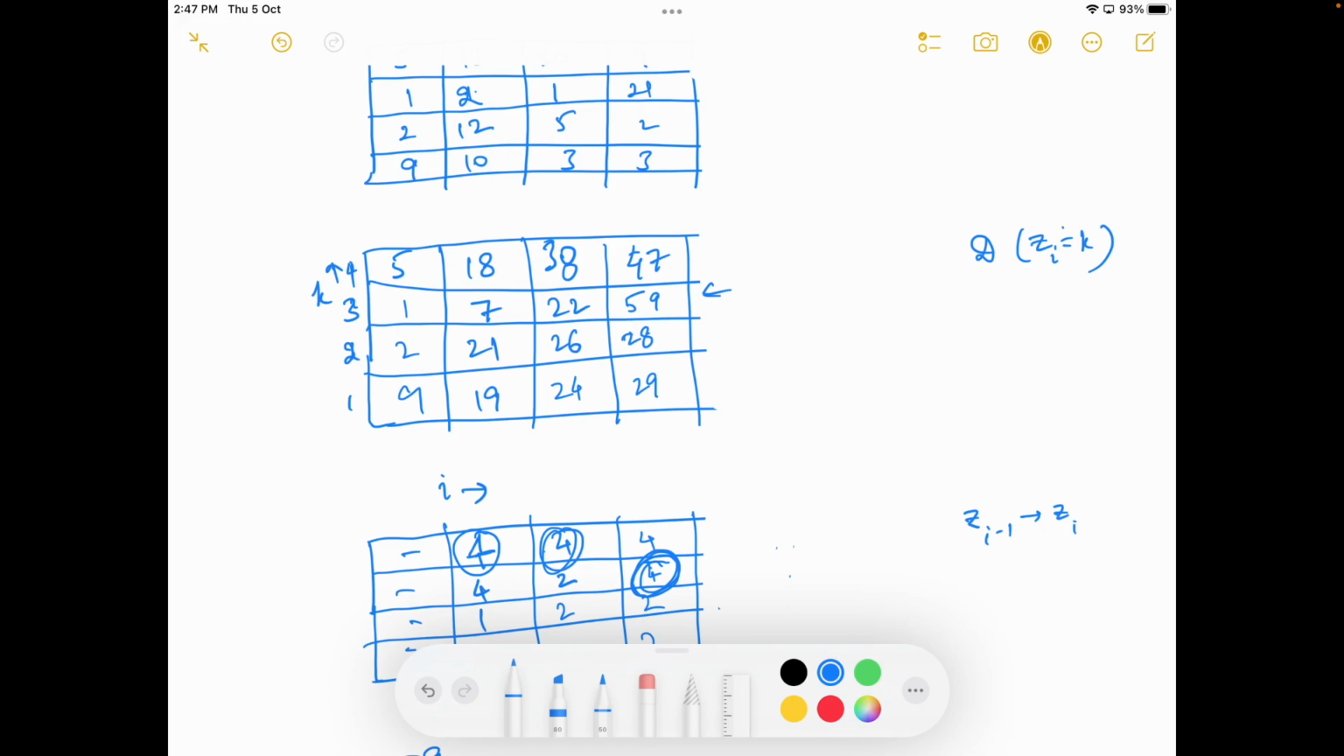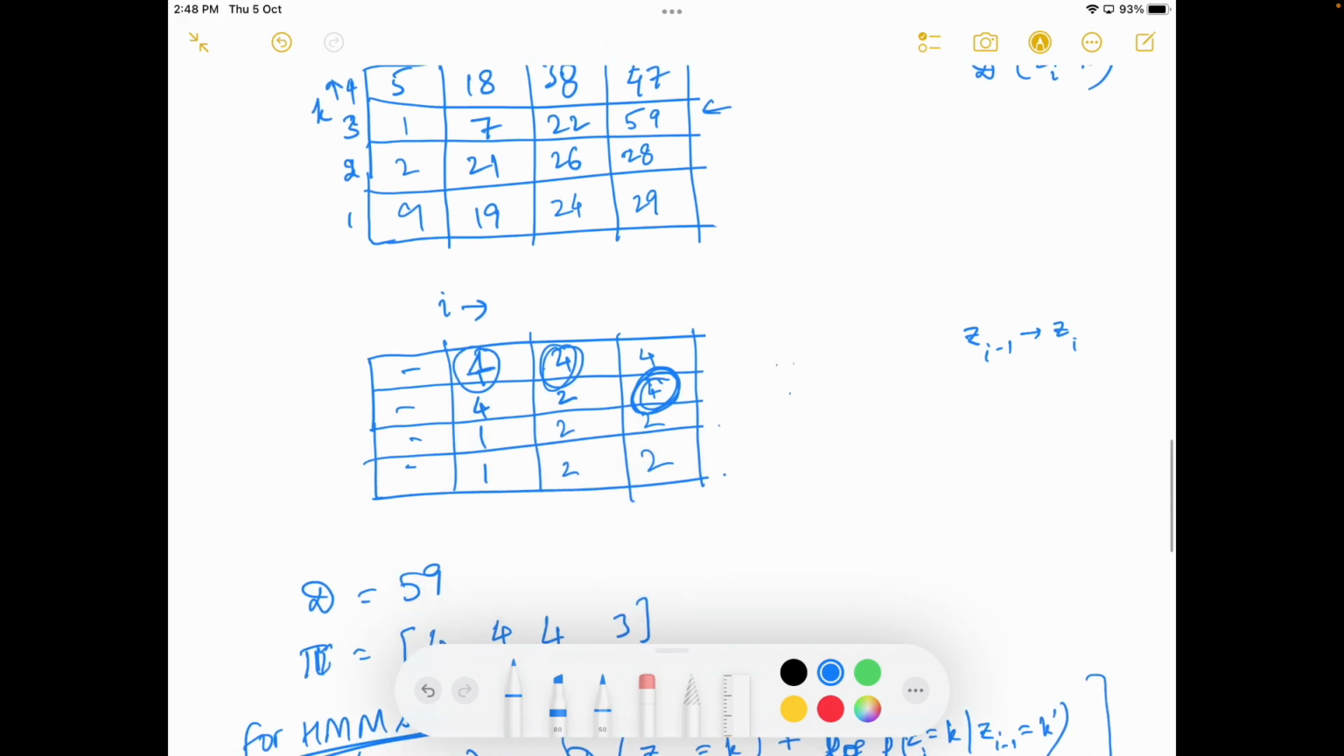Yes. So we start from here. We know my D is 29. My cost or my score is 29. Now let's go back from here. So to go back, my path will be